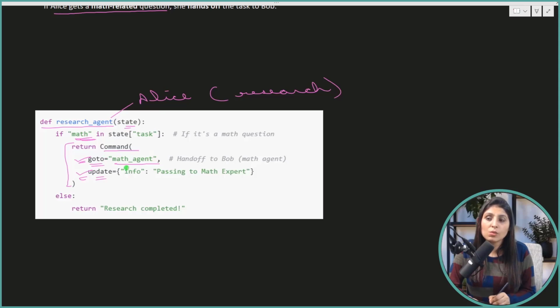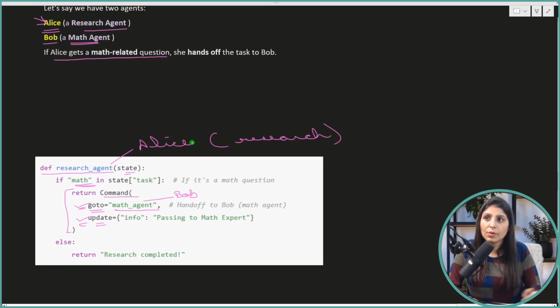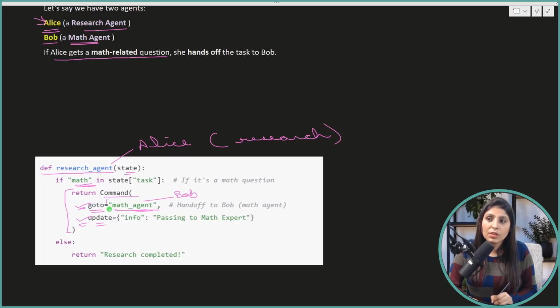So in our case, we want to hand off to the maths agent, which is Bob. See here, I've told you, Bob is a math agent. So in goto, over here you will write the name of the agent which is able to perform that task, and in update you will provide the information like this. So always remember, whenever you are performing handoff, at that time you need to provide these two things.